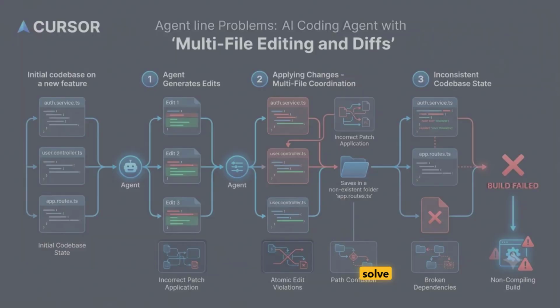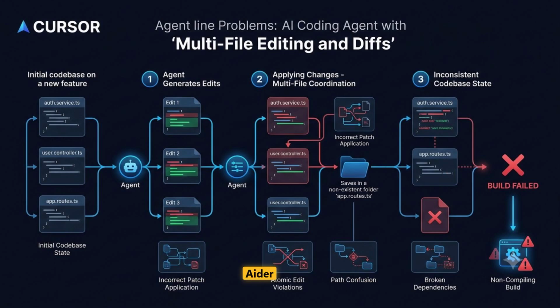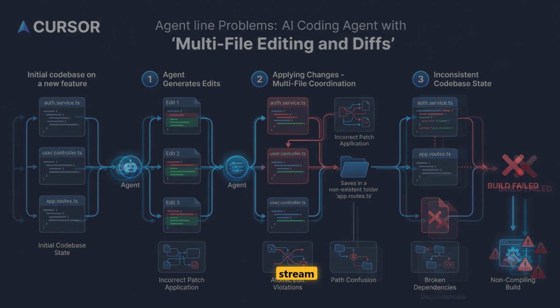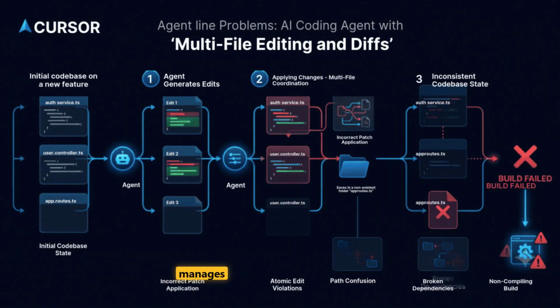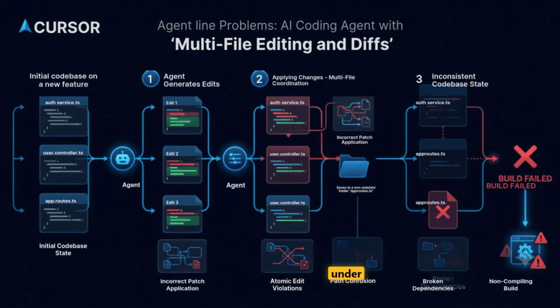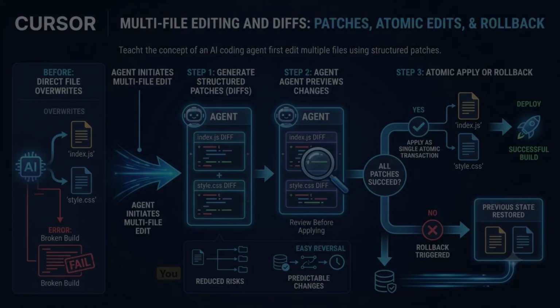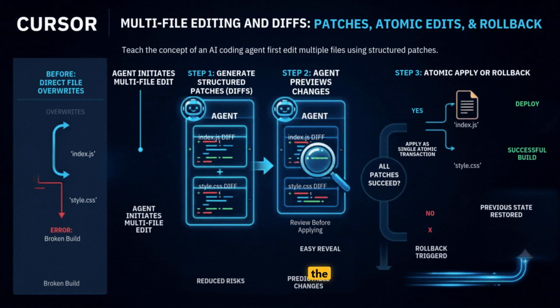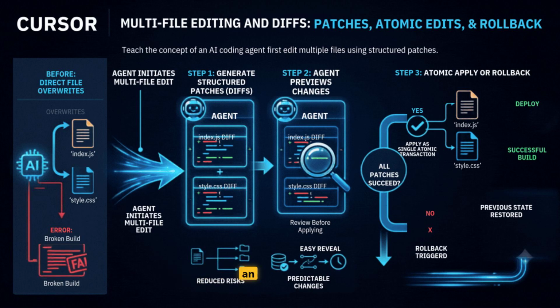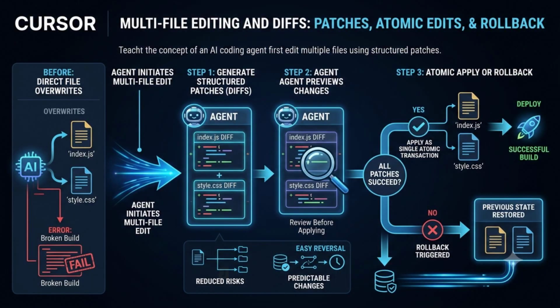2 tools solve this today, Cursor and Ada. Cursor relies on real-time file system watchers to stream inline diffs, while Ada manages atomic git commits under the hood to ensure instant rollbacks. This precise failure explodes the moment your agent attempts a cross-file refactor during an automated feature deployment. You hit this exact breakdown the moment your prompt forces an agent to update index.js and style.css at the